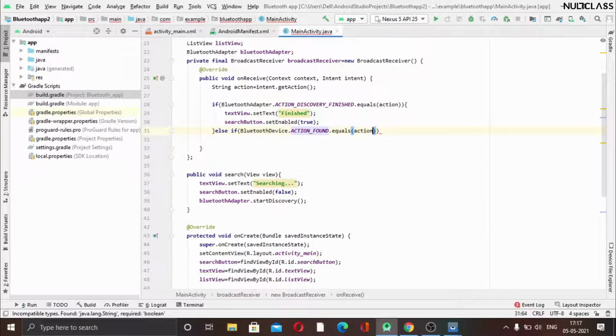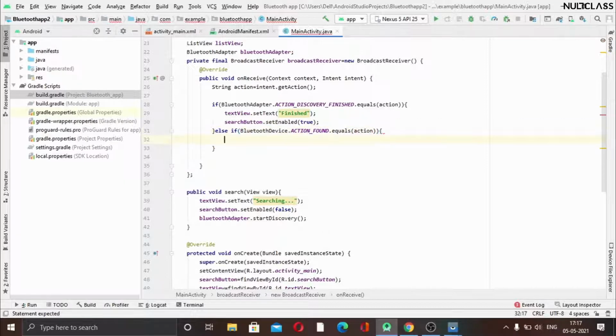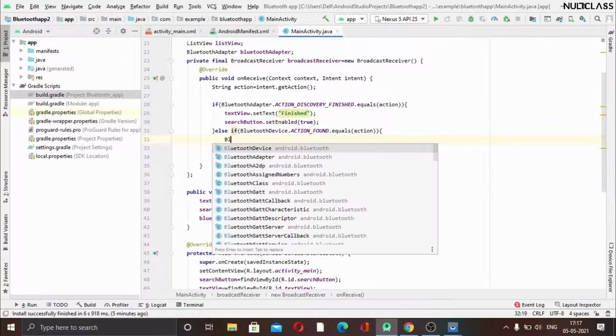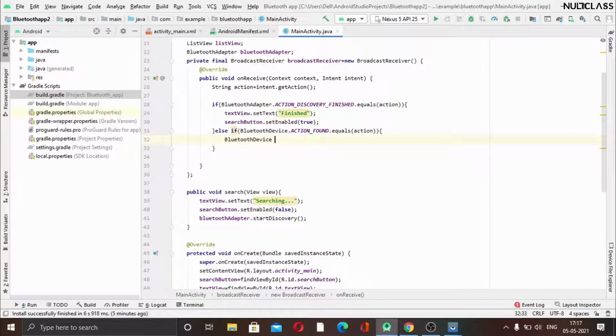Okay, so if this is the case, like we are getting the action, then we need to use some code here. Firstly we will be using Bluetooth device. We have to create an object of that. So we will be using Bluetooth device, and inside of that we will pass the value which we get from the intent. Okay, so we will just use intent,